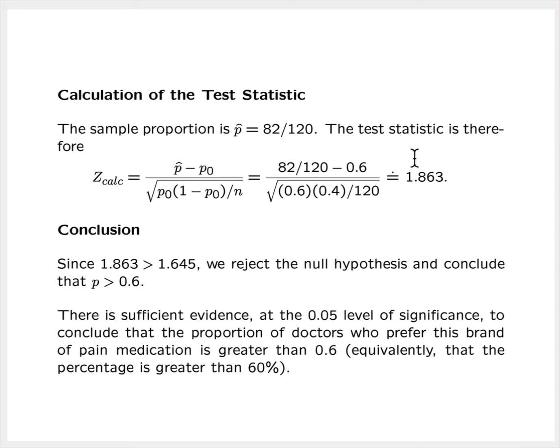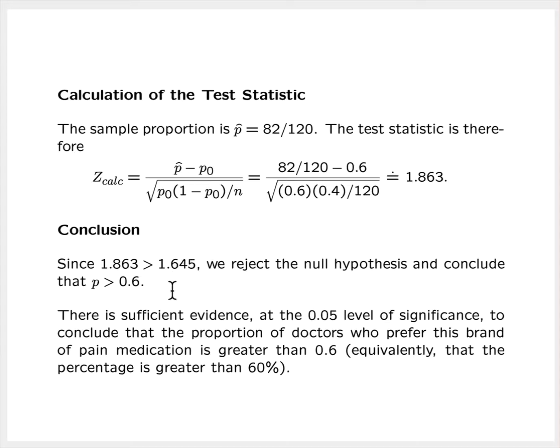So to 3 decimal places, this test statistic is equal to 1.863. And because that is greater than the critical point, 1.645, the rejection criteria have been met, and so therefore we reject the null hypothesis and conclude that p is greater